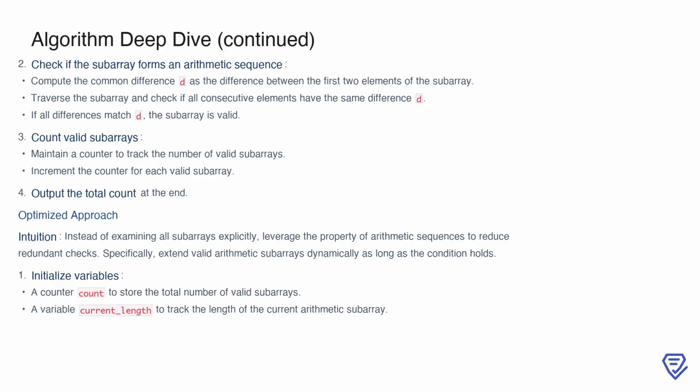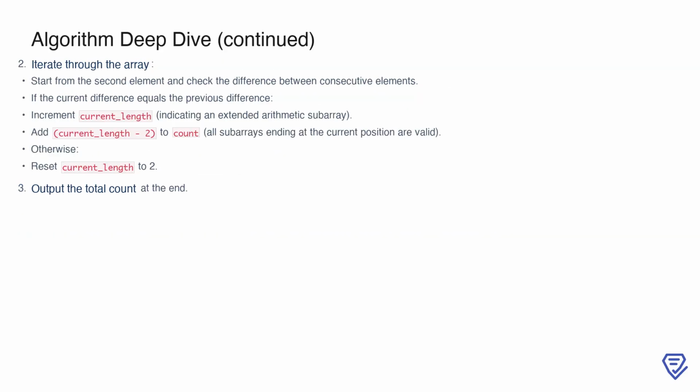The optimized approach focuses on dynamically extending and counting valid subarrays as we traverse the array. To optimize the solution, we take advantage of the properties of arithmetic sequences and eliminate redundant checks. First, we initialize two variables, count, which stores the total number of valid subarrays, and current_length, which tracks the length of the current arithmetic subarray. Then, we traverse the array, starting from the second element. For each pair of consecutive elements, we calculate their difference. If the current